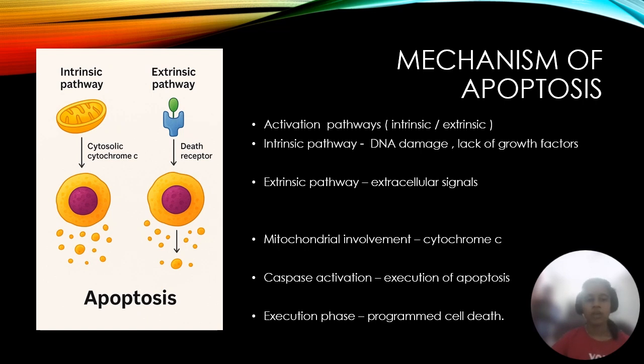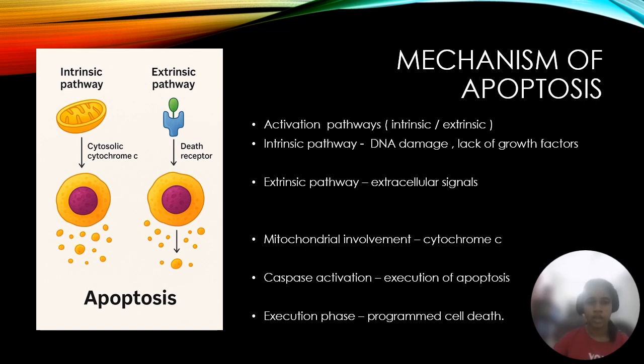Now, what are caspases actually? Caspases are important executors of apoptosis. These are specialized enzymes that actually carry out cell death, initiating the mechanism or pathway of apoptosis. They are proteases essentially. They have a cysteine residue at their active site, and they cleave proteins after aspartic acid. So caspases are the ultimate effectors or executors of cell death.